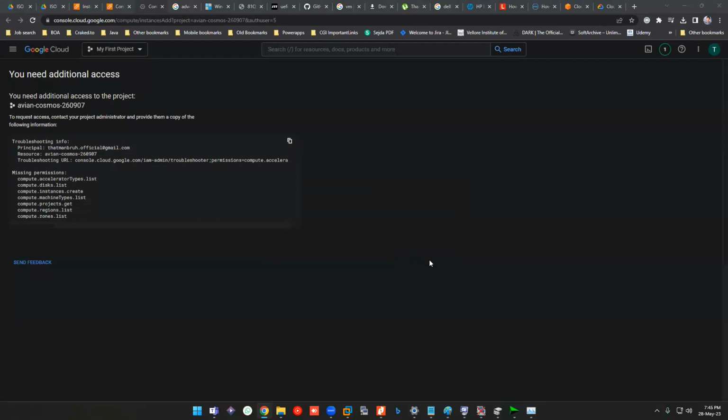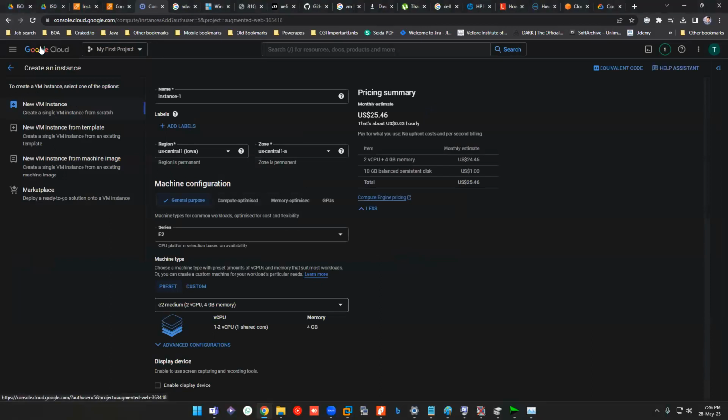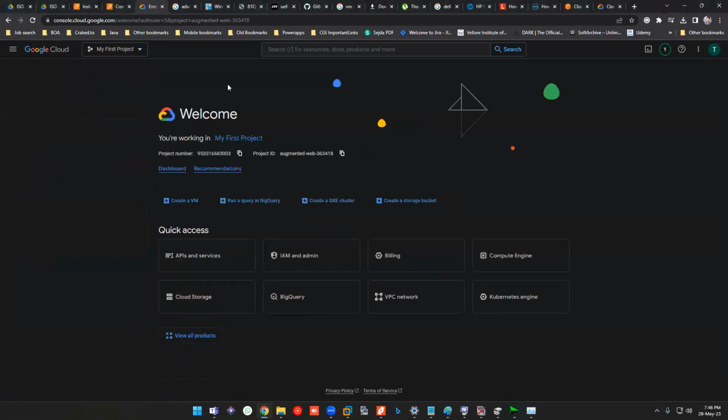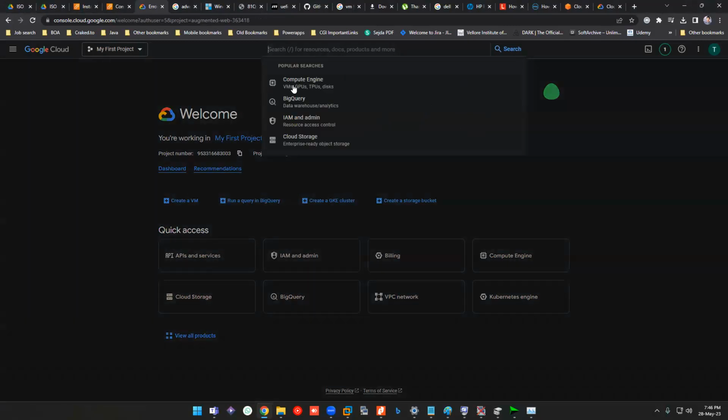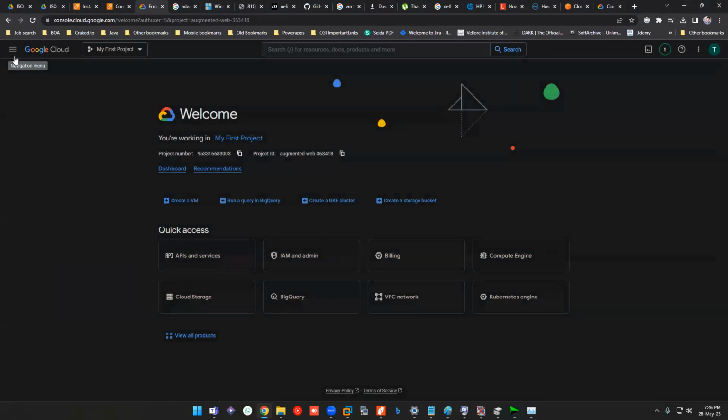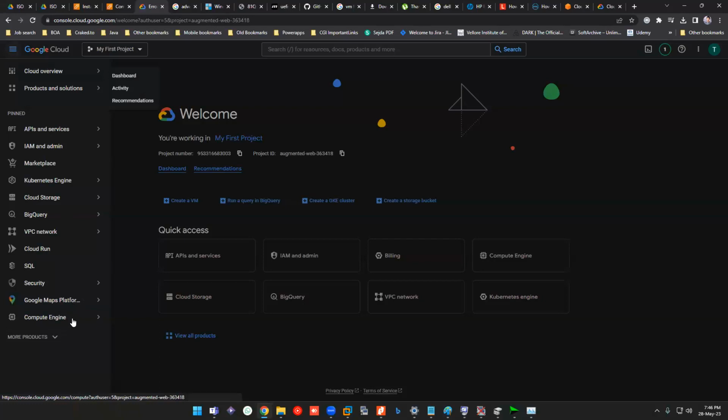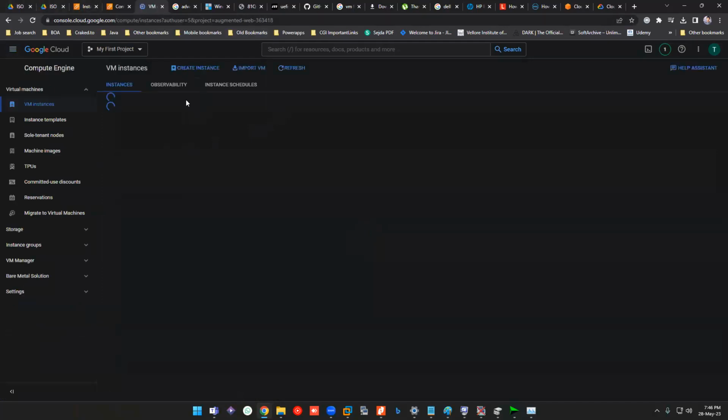Okay, so that is the thing. So just go to this, this is the actual home page. Just go to the search and type compute engine, or you can go via this navigation menu. It won't be as pleasing as your AWS, but it does the job.